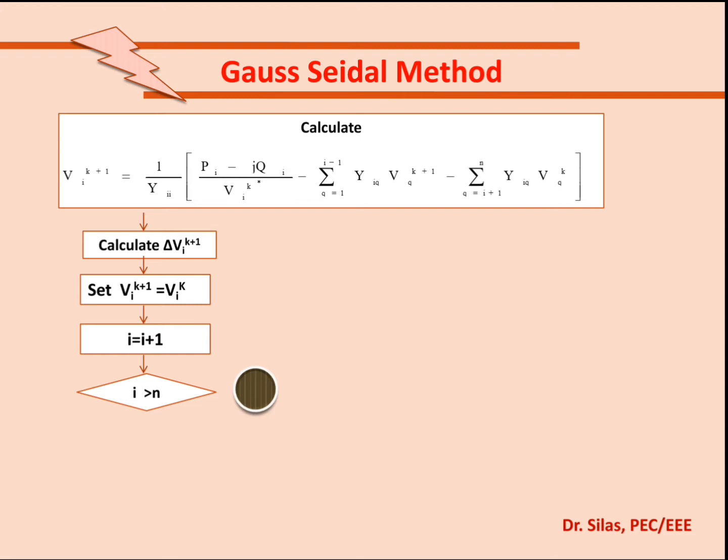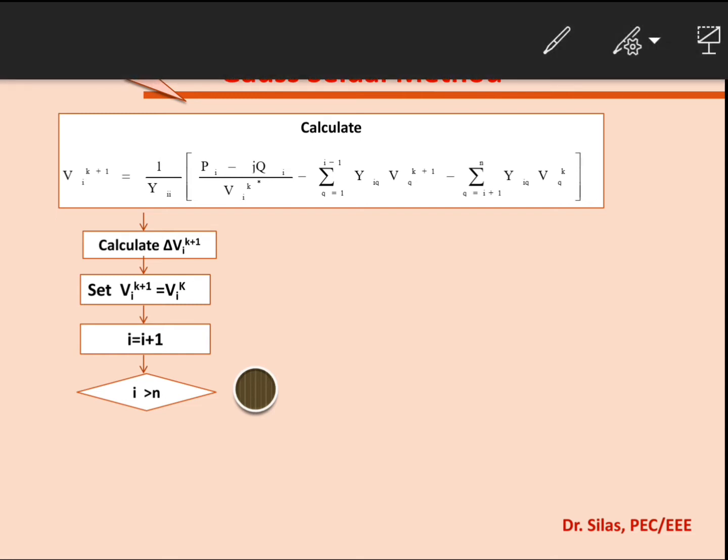If it is not so, you check for a generator bus. If it is not a generator bus, you determine the voltage and come back to this point again. Similarly, if the bus is not a load bus and it is a generator bus, you go with the other method. You check with the reactive power limits, then determine the voltage and come back. Similarly, it has to be proceeded for all the buses.